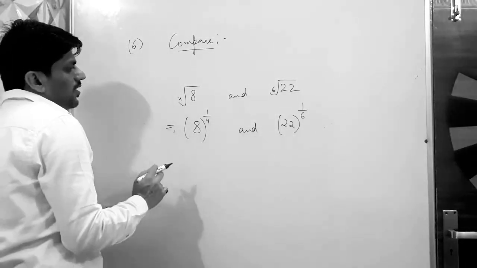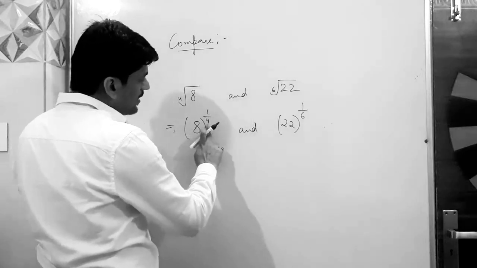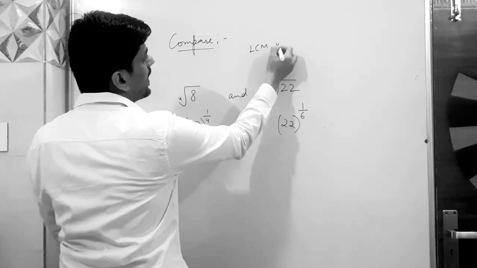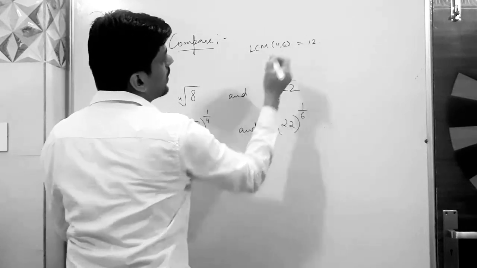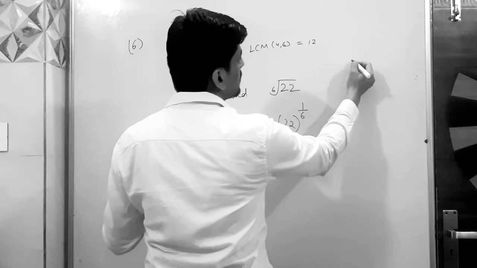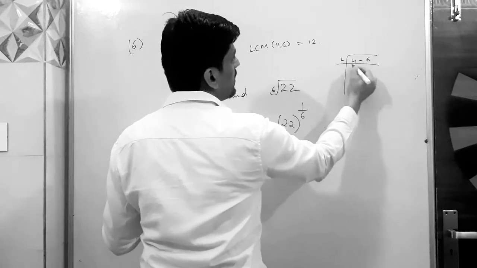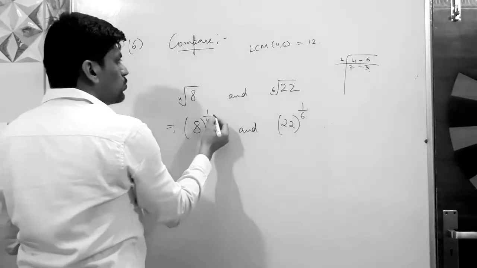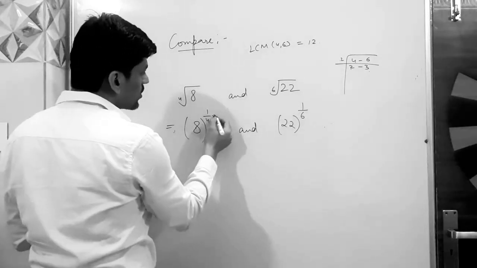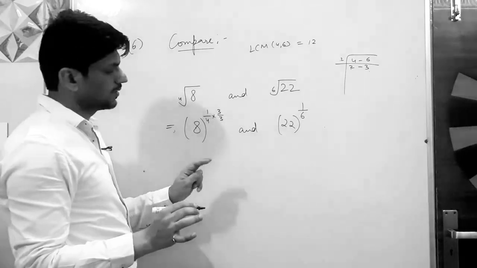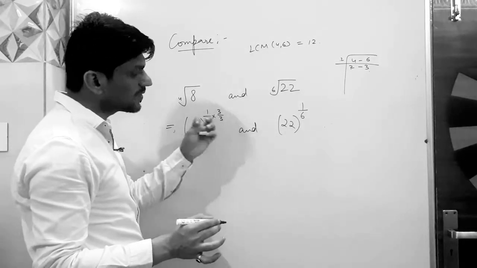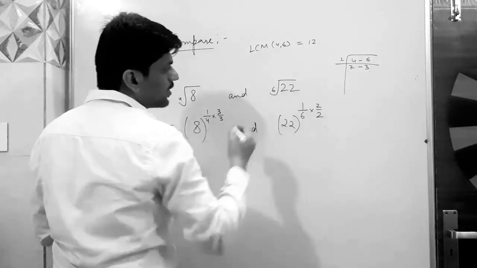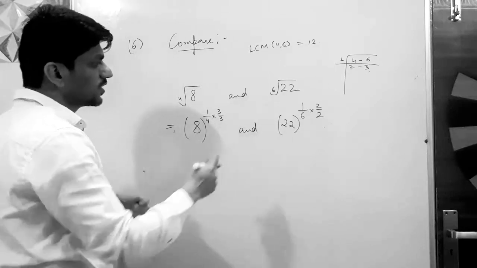See, first of all, you have to make these two powers the same. So the LCM of 4 and 6. 4, 6 LCM is 12. You can simply find the LCM. 2 2s are 4, 3s are 12. So to make it 12, we need to multiply by 3. That you already know. Multiply and divide by 3, this will become 12. Again, this multiplied by 2, divide by 2, this will become 12.